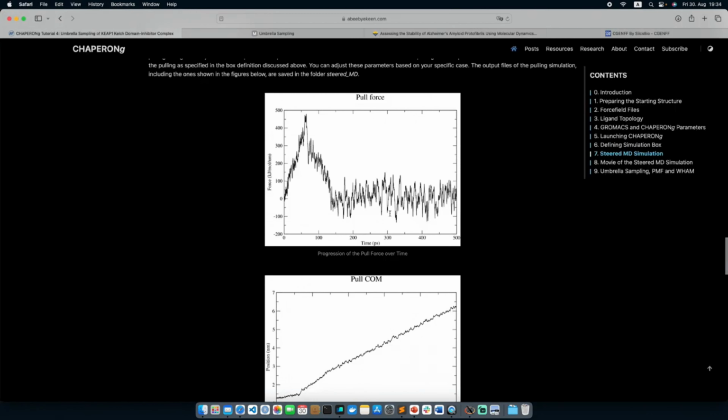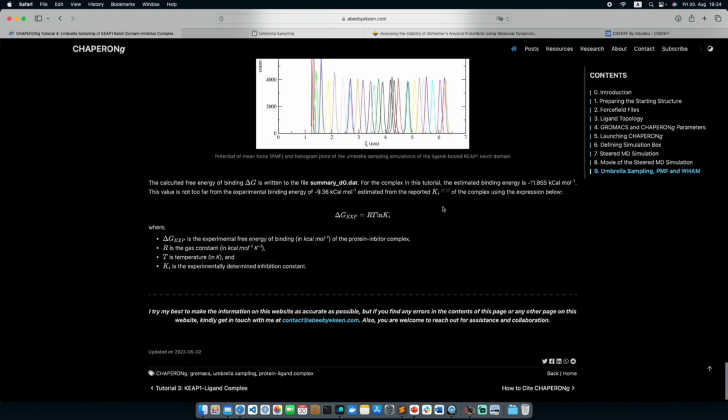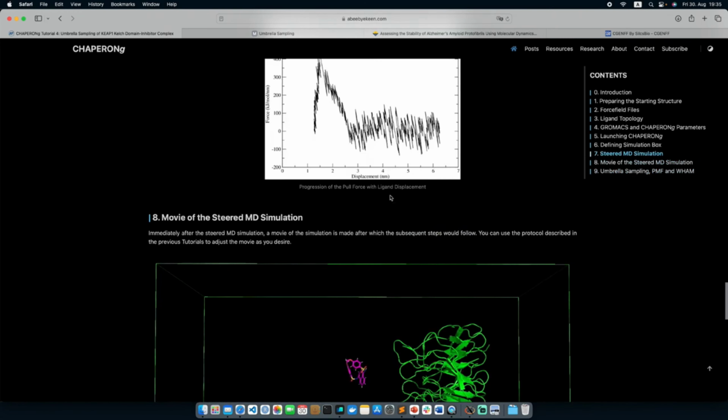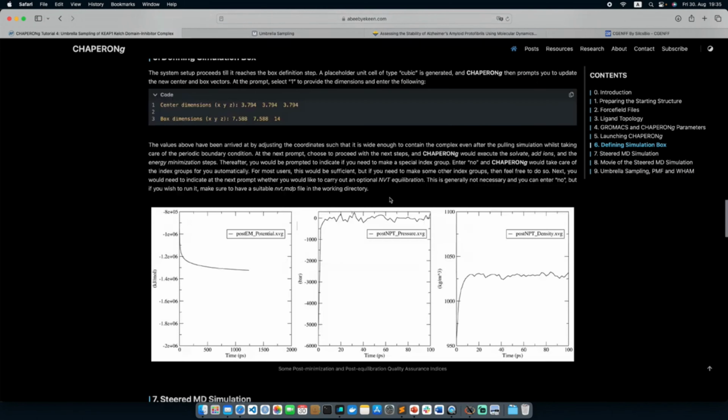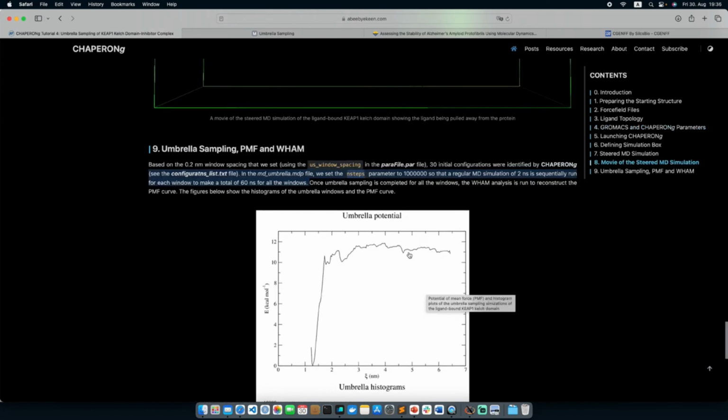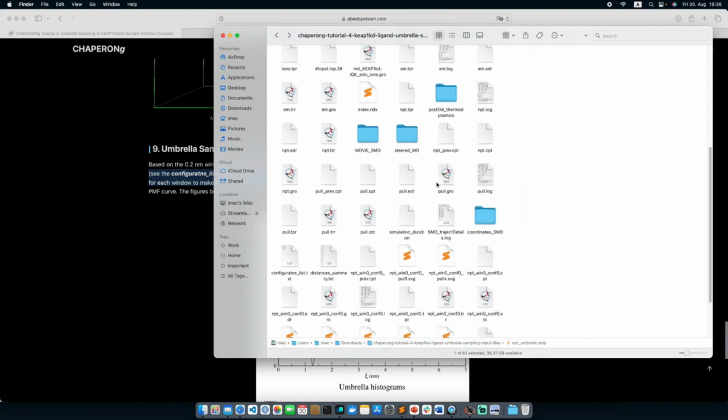So this is how you can do umbrella sampling simulation, and the calculated free energy of binding, delta G, is written to the file called summary_dG.dat. So yeah, this is a very nice simulation that you can perform for your protein ligand complex to accurately predict the binding free energy. So this is how you can extract the potential of mean force curve for your umbrella sampling, and you can perform the WHAM analysis as well, and all the files will be generated over here,